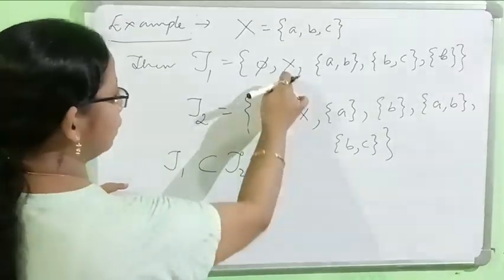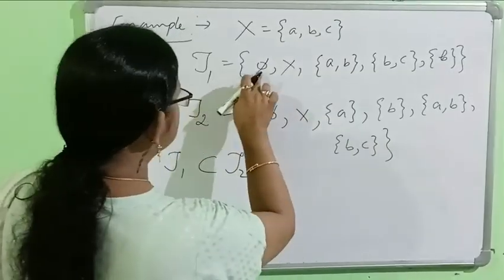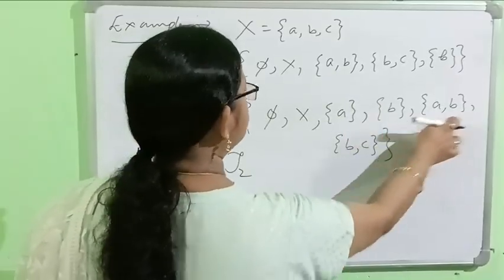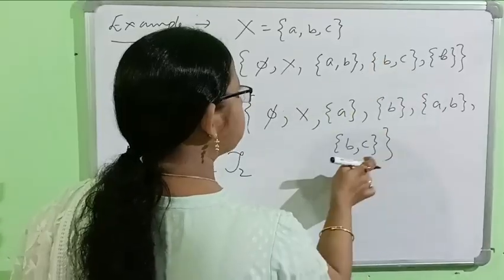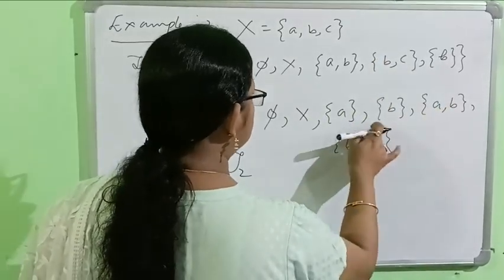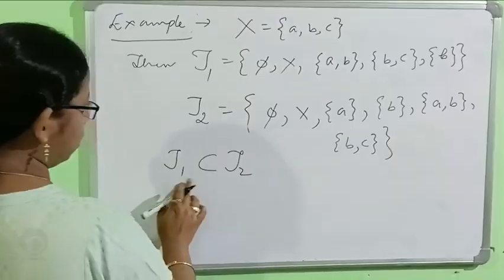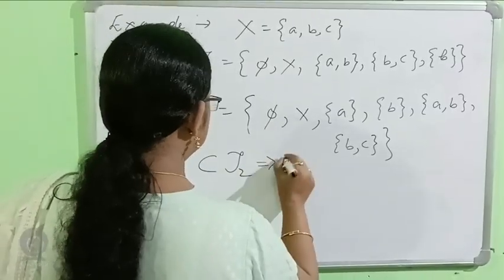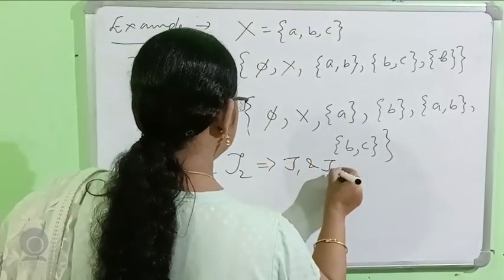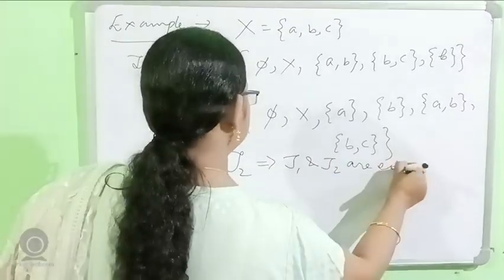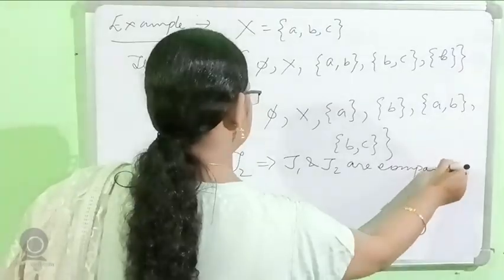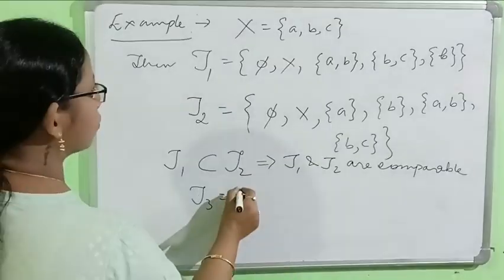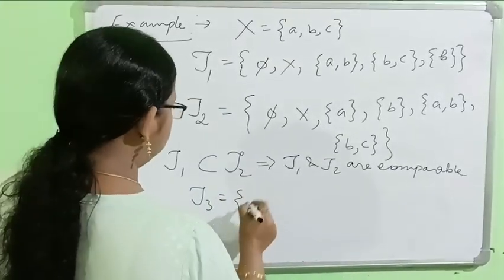Phi and X are members of T1, {a, b} is found in T2, and {b, c} is found in T2, {b} is found in T2. Moreover, there is one more element. So T1 is contained in T2. This implies T1 and T2 are comparable topologies. If I take another topology T3,